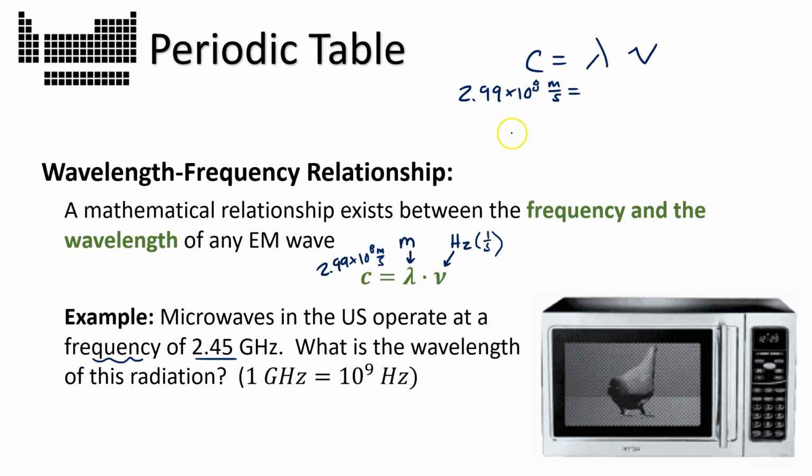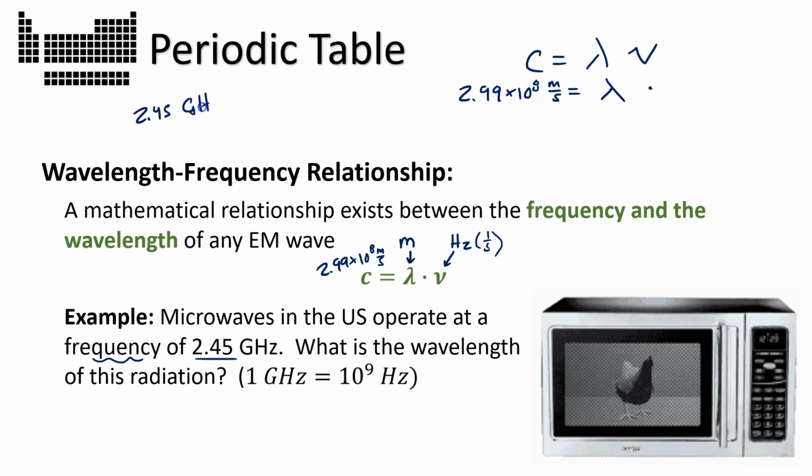So you'll always know the speed of light. Here we don't know the wavelength, so I can solve for that like it was the x in an algebraic expression. And I can solve for that wavelength because I know the frequency. The only challenge with this microwave example, and as you'll see a lot, is you've got to make sure the units match up. Your frequency has to get plugged in as just hertz, not gigahertz like you were provided with. So sometimes there are extra conversion steps that you've got to do beforehand.